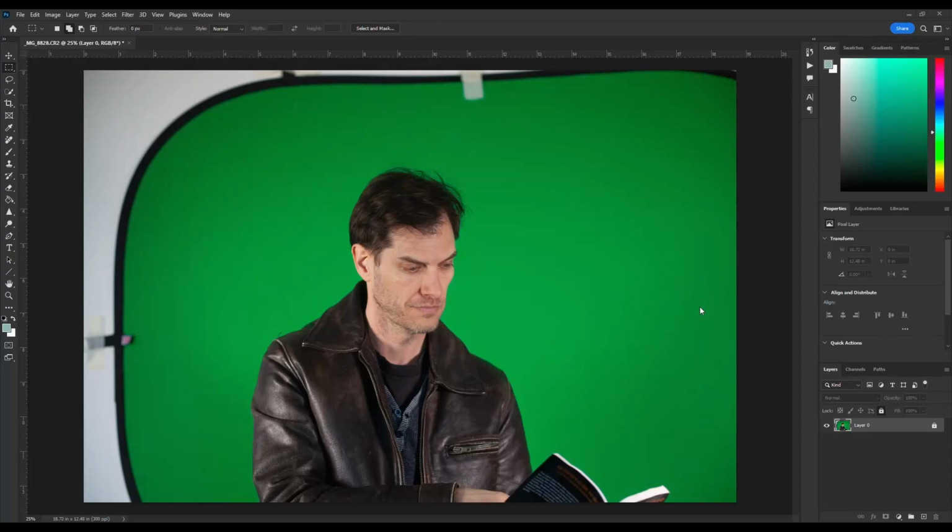All right, here's a quick little tip on how to expand a background. For example, in this case, I've got a picture of myself in front of a green screen and I want to expand it so that it covers the whole background. Rather than, say, taking a brush and painting with it,